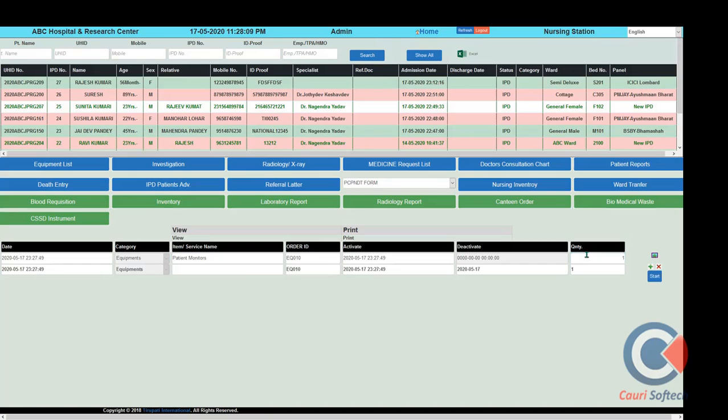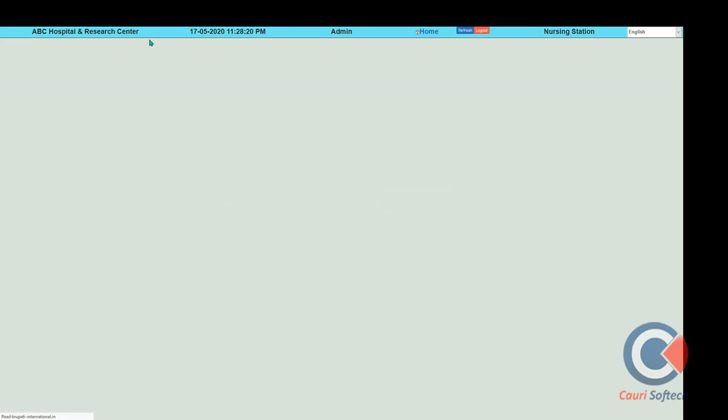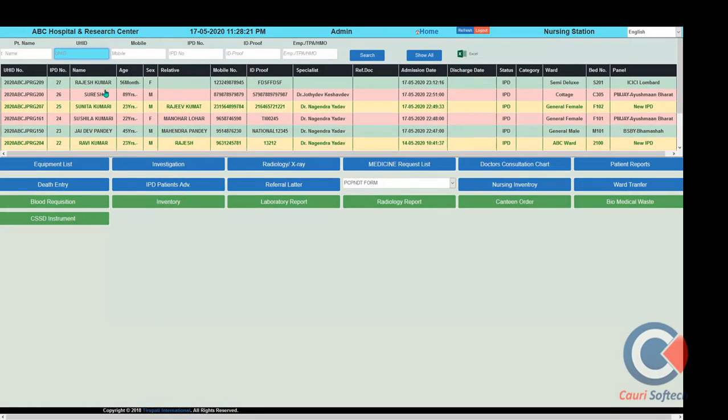So this is the activation time; in activation time, oxygen charges are there. All kinds of services, such as a defibrillator we are applying, that device can be started from here. That device's service billing is automatically updated to the IPD patient. This is the starting time we have put in.